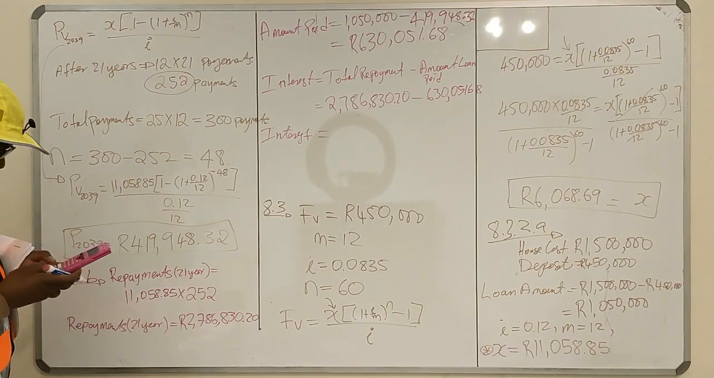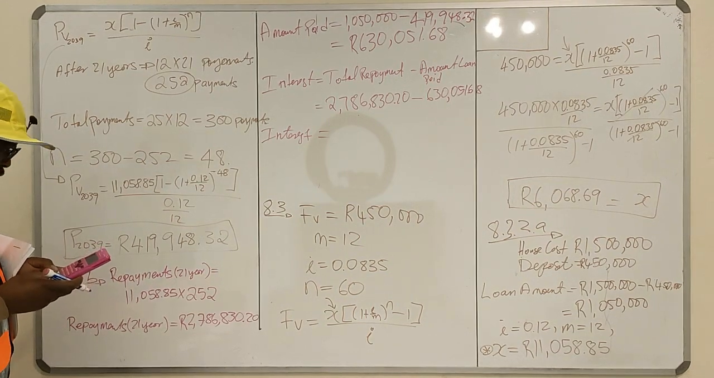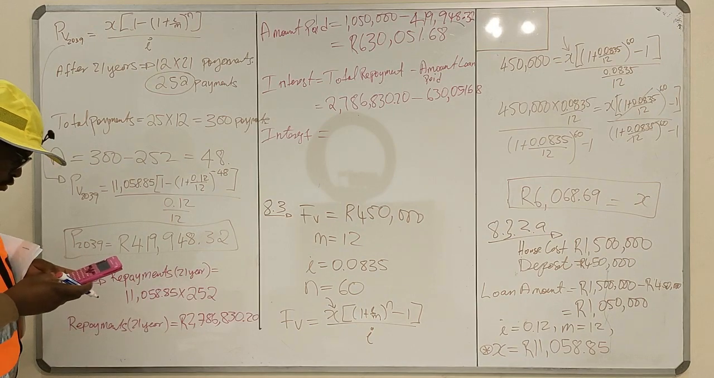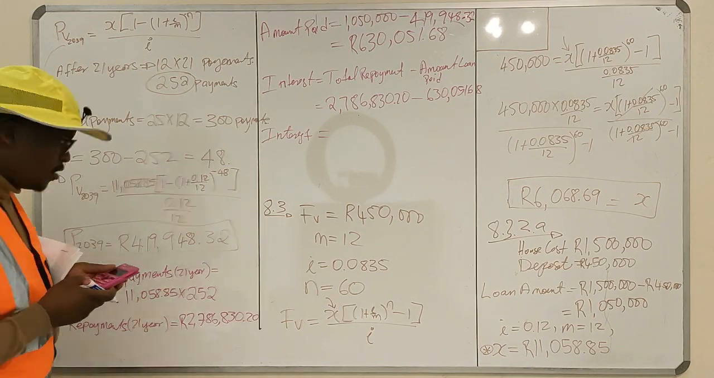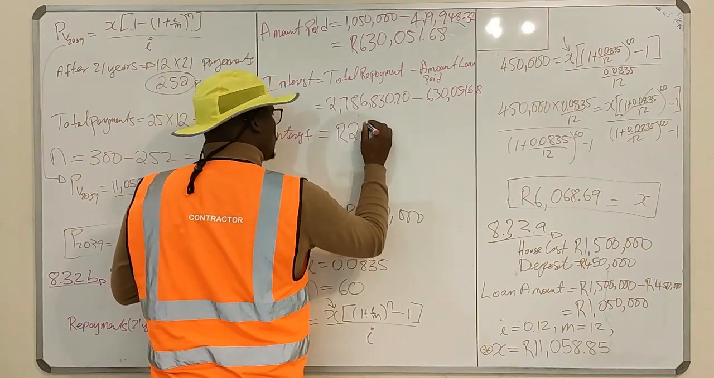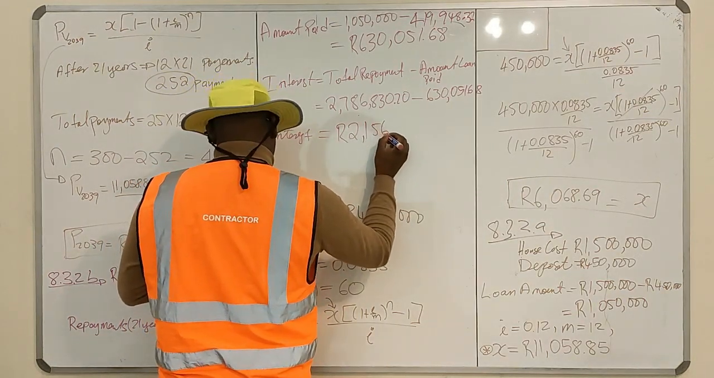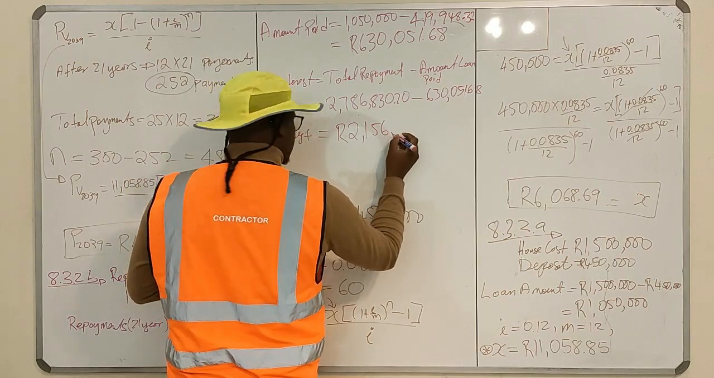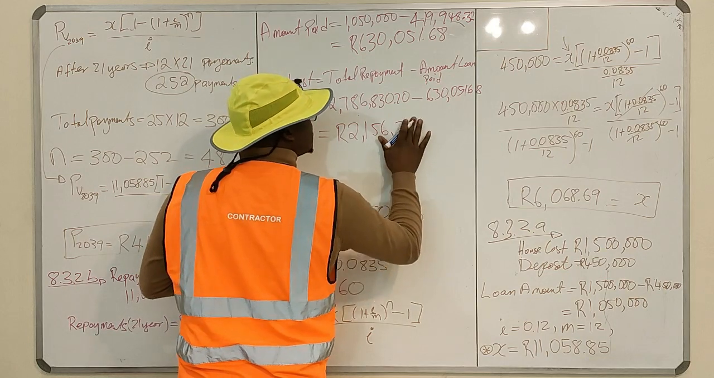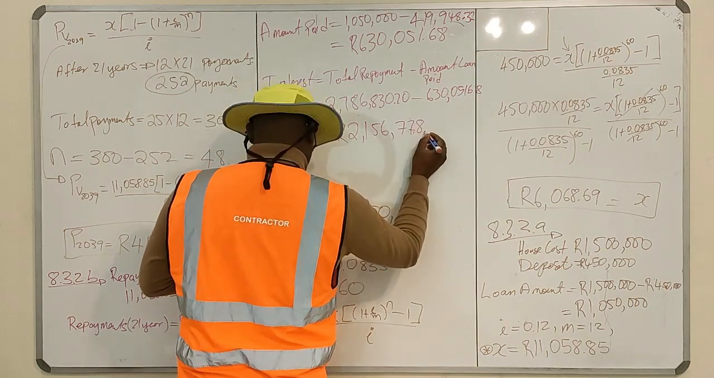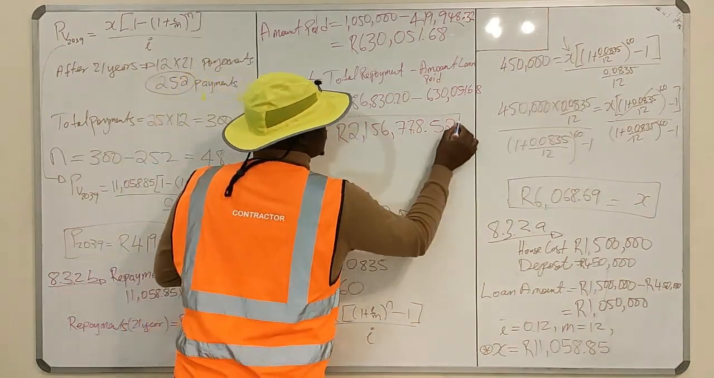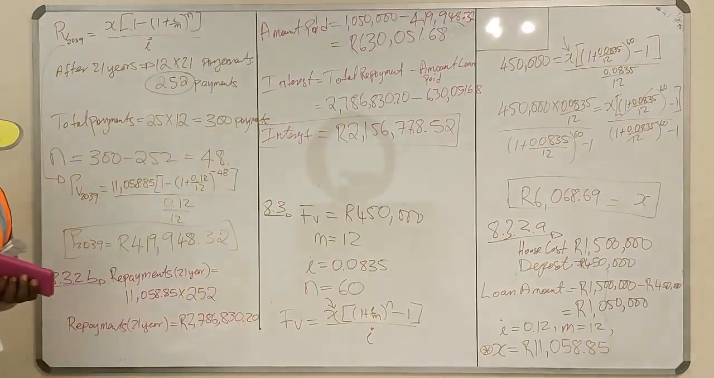So, 2,786,830.20 minus this. So the interest paid is 2,156,778.52. So this is the interest that